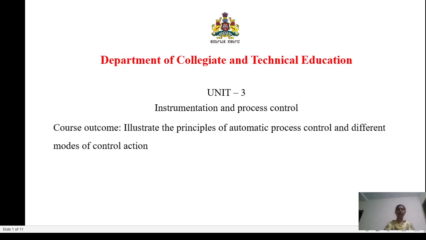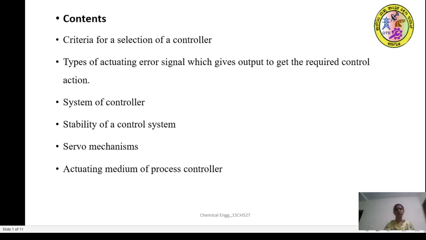Good morning, everyone. We have been learning about Unit 3 of Instrumentation and Process Control in the previous sessions. After learning Unit 3 of Instrumentation and Process Control, one has to illustrate the principles of automatic process control and different modes of control action. This is the last session of Unit 3, where we will learn about how